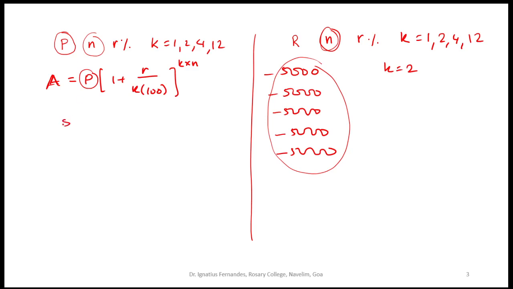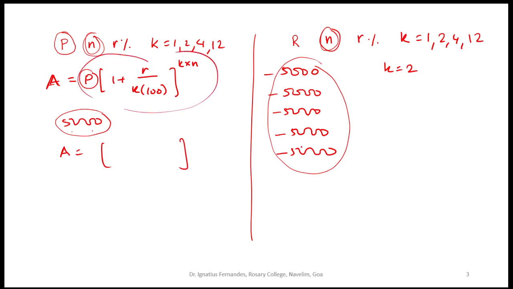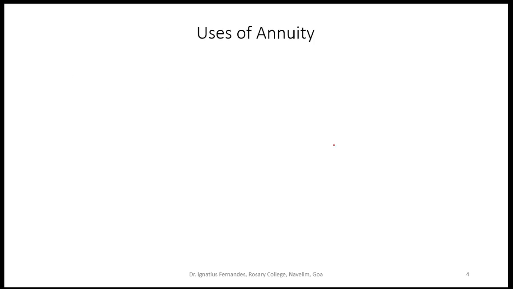A principal amount P, say 5,000, invested for 5 years. So it is only initially that we invest this 5,000, and then we get the total amount after 5 years based on these calculations. So that's the basic difference between what we have done so far in compound interest and what we are doing in annuity. Of course, the interest again is compounded, except that instead of one investment here we have multiple investments based on the period of payment.